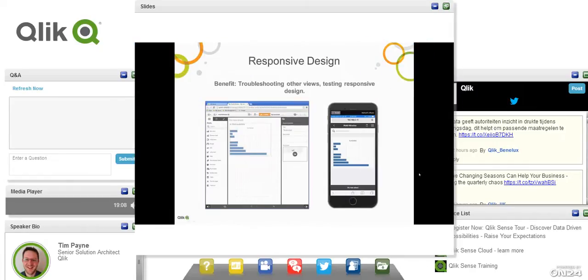We all know that by using HTML5 technologies that Qlik Sense is built on responsive designs right from the offset. That means that we can design it on one device and it will automatically flex to the real estate given when we consume on any other device. But how do we go about testing that? Now, the first way is by using Qlik Sense Enterprise Edition, which allows us to connect multiple devices to the